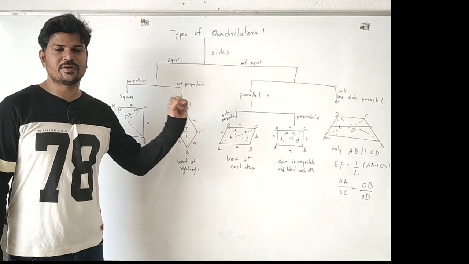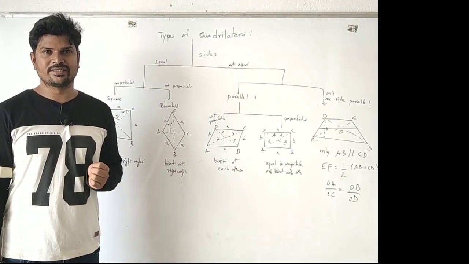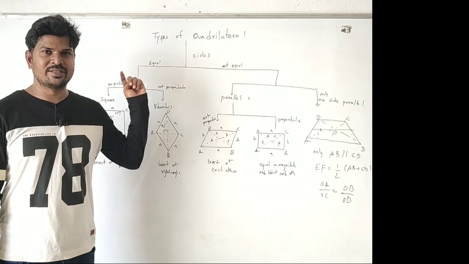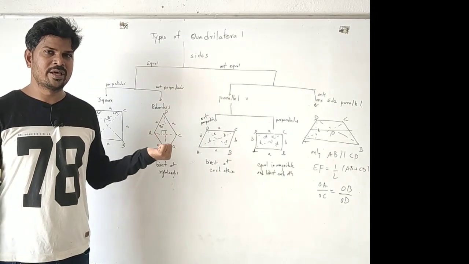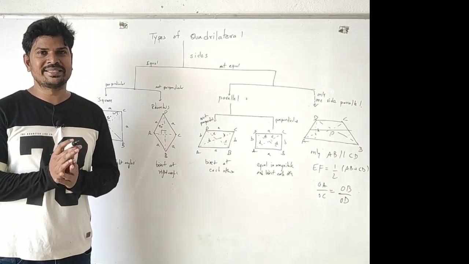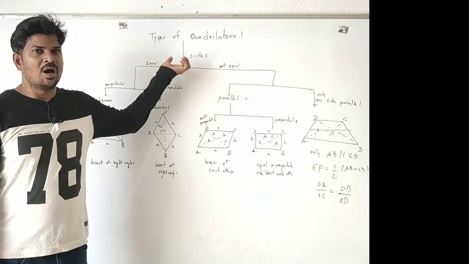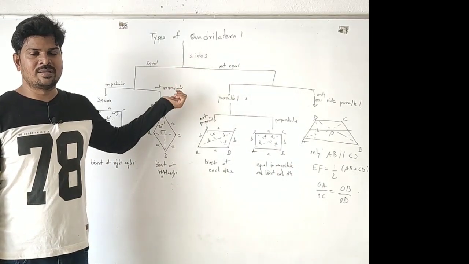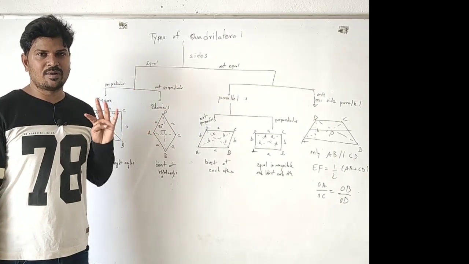Now I classify the types of quadrilaterals based on the 4 sides. Once I classify this, then I will discuss its diagonals, how they are bisecting and whether they are perpendicular or not. What is bisecting? Bisecting means dividing into 2 equal parts. Fine. The figures where all sides are equal are namely the square and the rhombus.